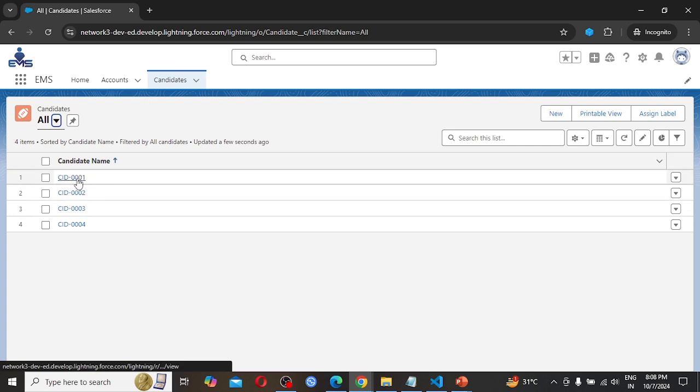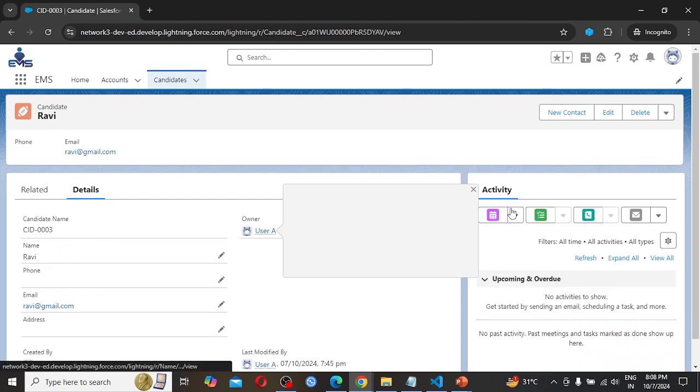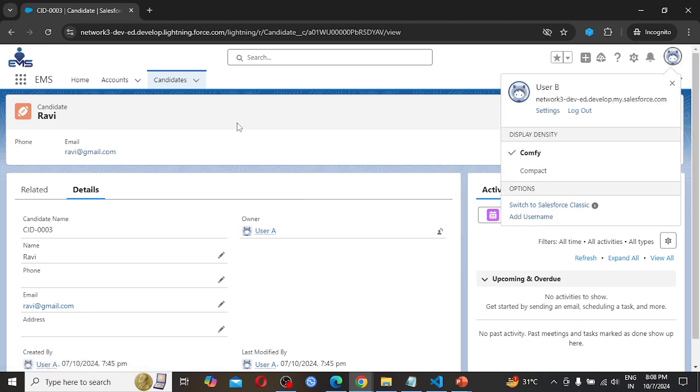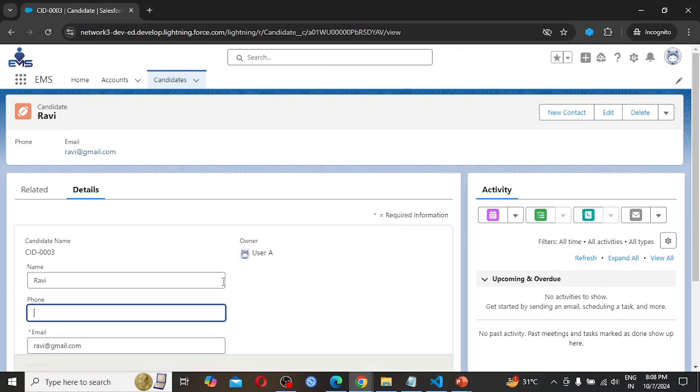And if he is going to perform any operation, as for the candidate ID 03, user A is the owner of the record and this account is user B, and now he wants to perform an edit operation.